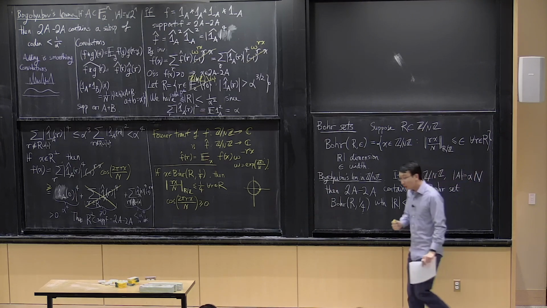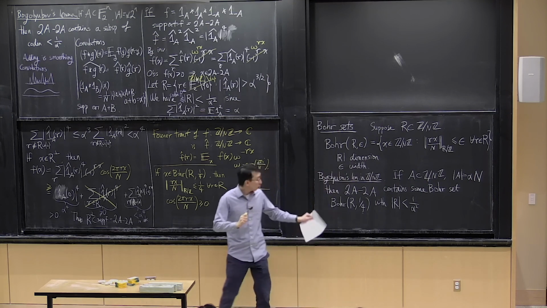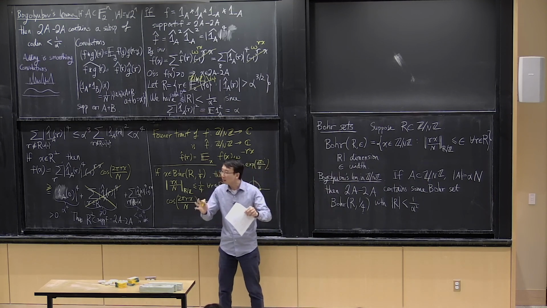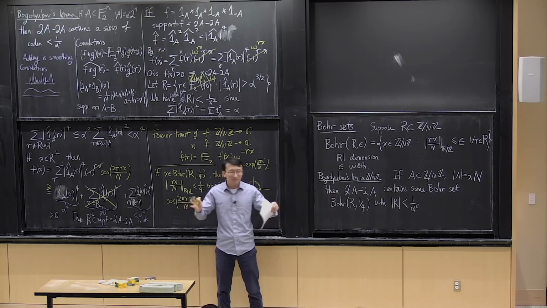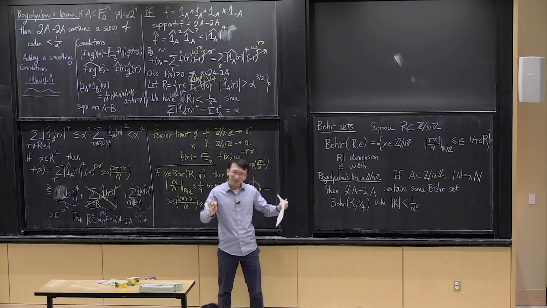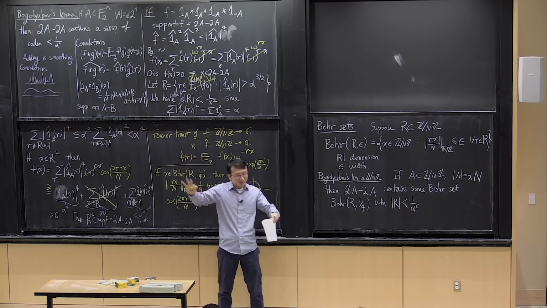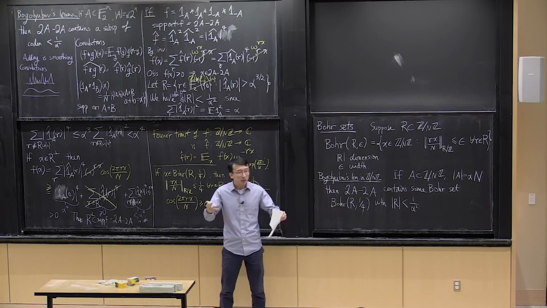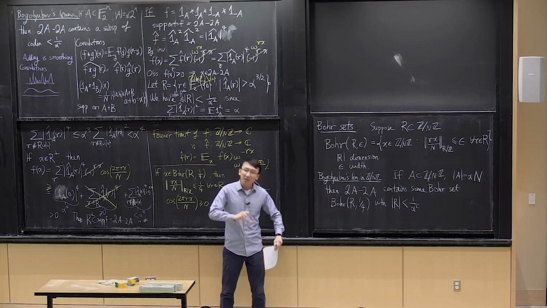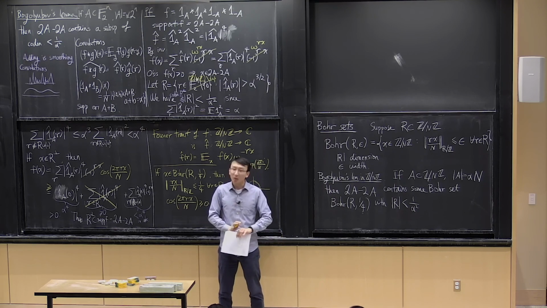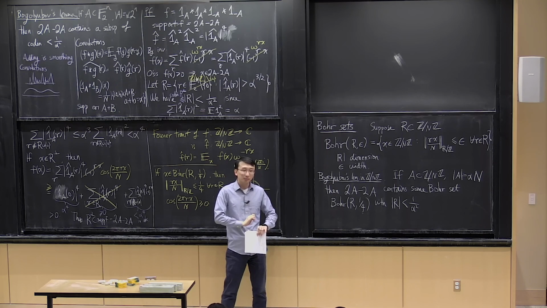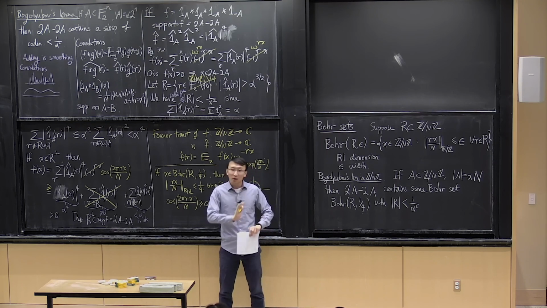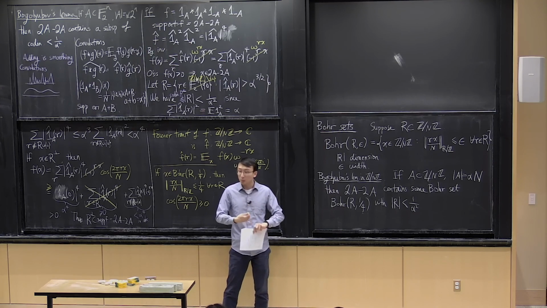And the next thing I want to do is to start with this Bohr set. Okay, so that's the definition of a Bohr set, but what does it look like? It's a bit hard to imagine. In the finite field setting, we know it's a subspace, but in the Z mod n setting, right now it's just some subset of Z mod n. So in the next step, we want to extract some geometric structure from this Bohr set. We're going to show that this Bohr set will contain a large generalized arithmetic progression.